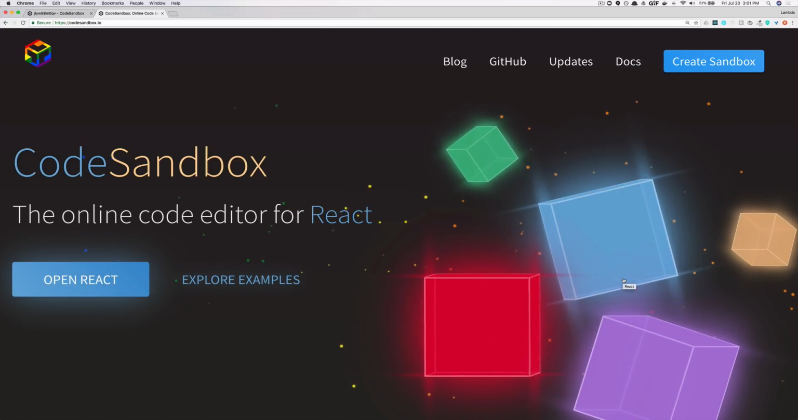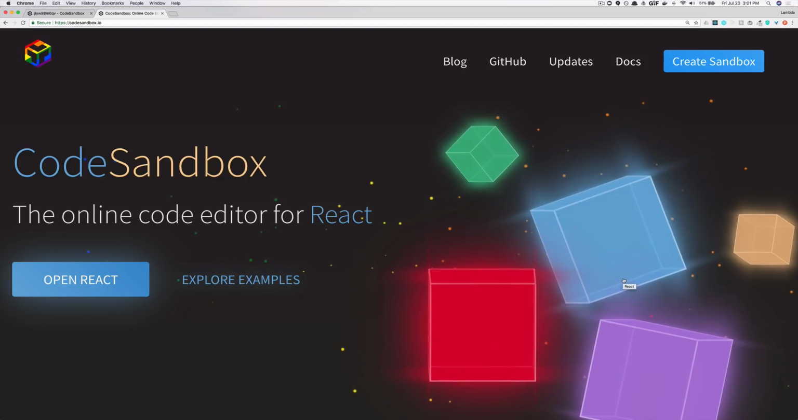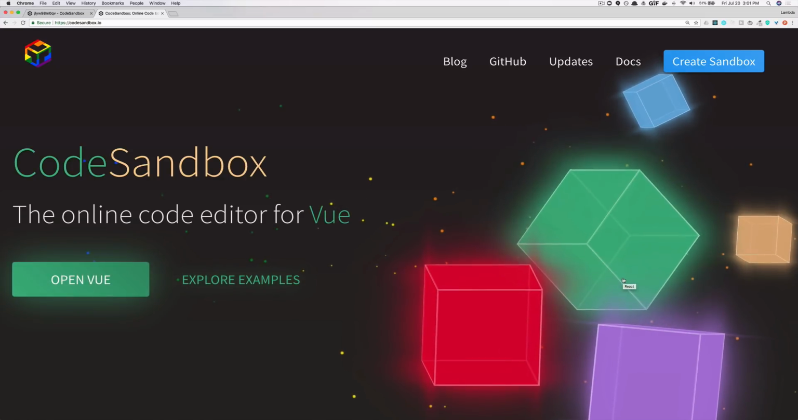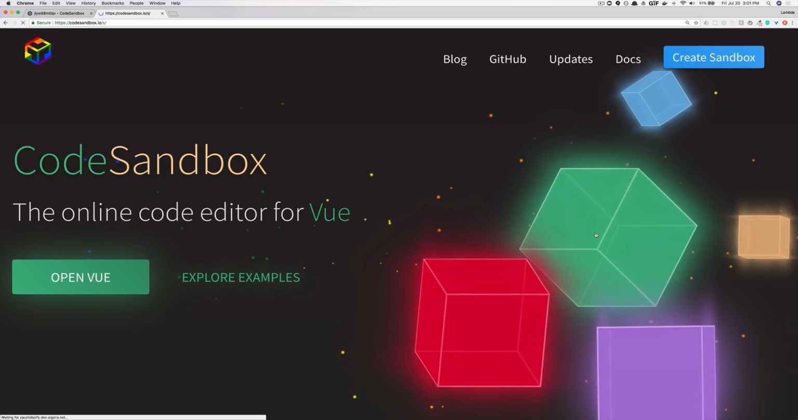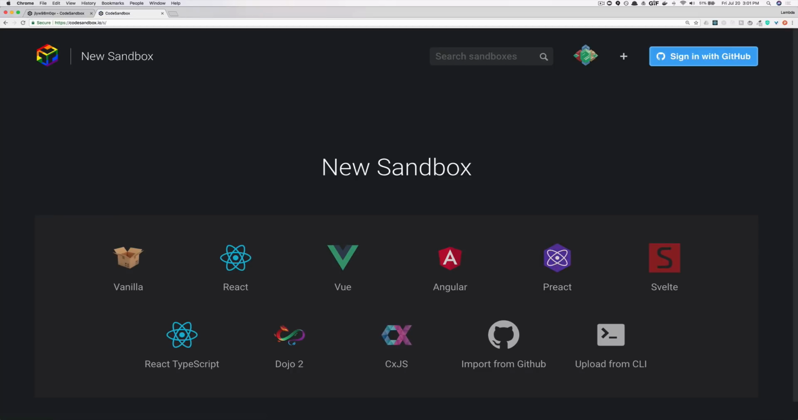This tool is so powerful, and I can't overstate its power. It is really, really amazing. So go ahead and create a sandbox, and by clicking on that, you'll be directed to this page right here. Okay, new sandbox, and then you have a variety of options you can choose from. First, I want you to sign in with GitHub. Okay. It's very important that you sign in with GitHub here